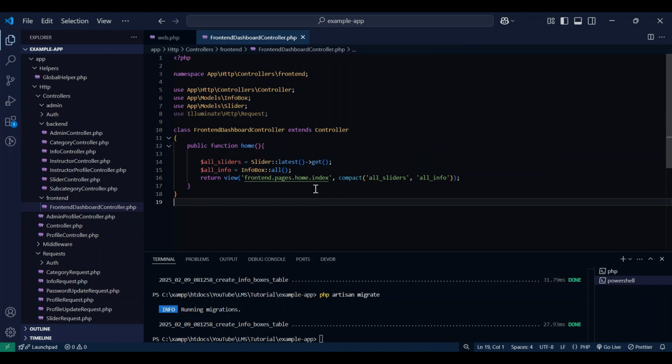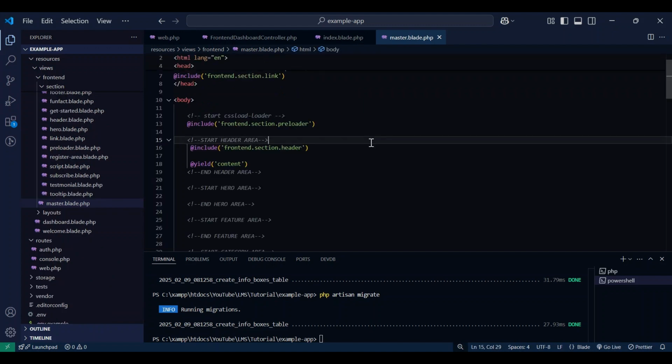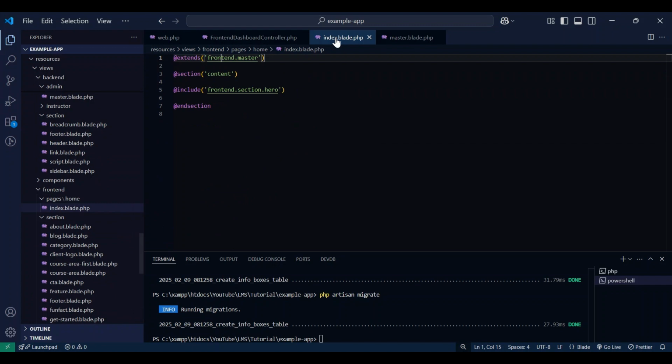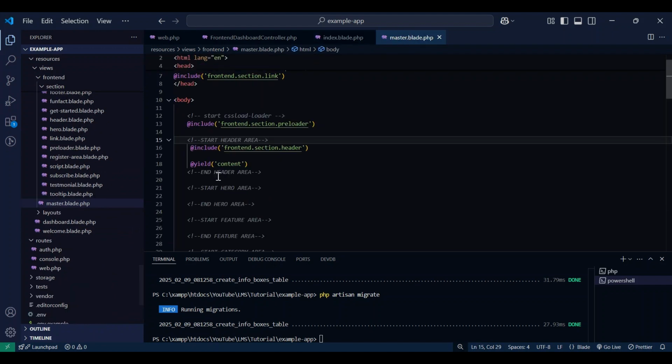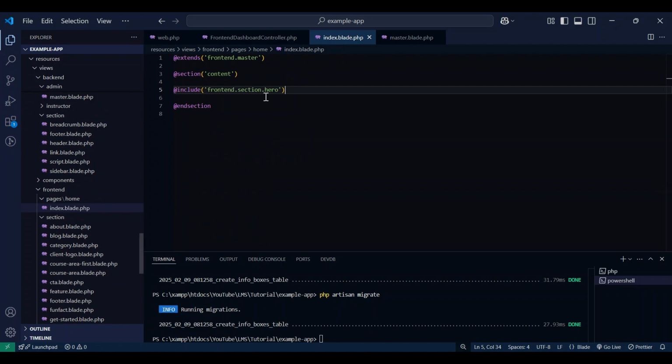Now this is our index page, and go to the master and look at the master. Here is this hero area, we will just put in this section hero. And now after the hero area is finished, go to our feature area. This is our feature, so better we just make a copy,